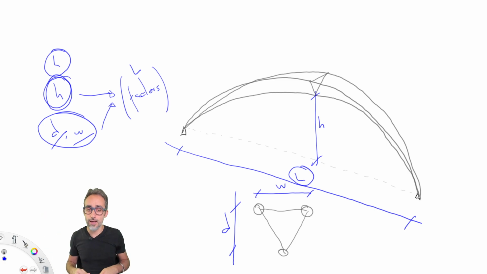So I think I'm going to go ahead and do this, and perhaps I'm going to do it a little faster than usual so that we can get this done as soon as possible, and then we can start dealing with the more complicated part, perhaps, which is going to be designing the internal triangulation of bars that is going to be inside of the truss. Let's get started with this.